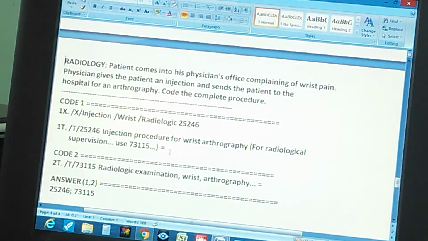So we're going to check the code 2 through the tabular. First you go to tabular. Then you go to 73115, which is the code they gave you. And what does it say? Radiologic examination, wrist, arthrography. Which is exactly what we want. And that's why there's an equal sign there, which means that this is our second code, right? So the answer is